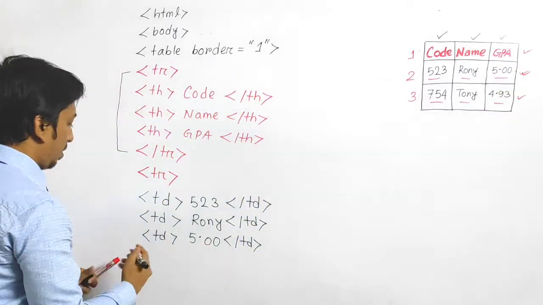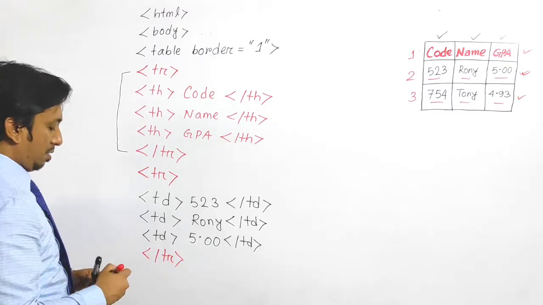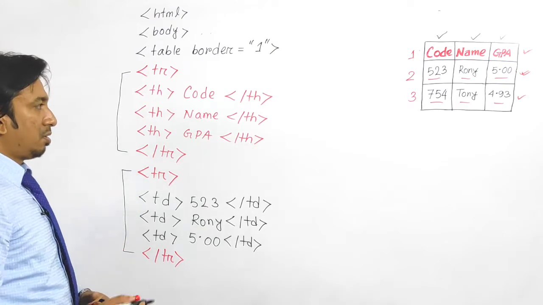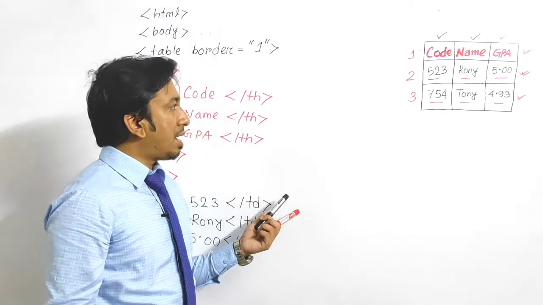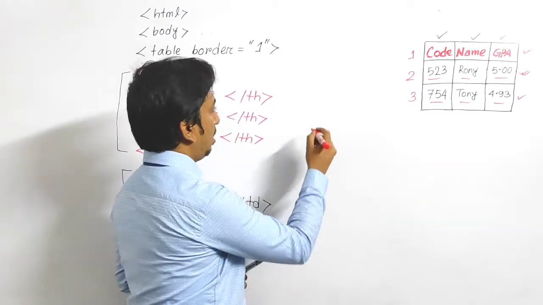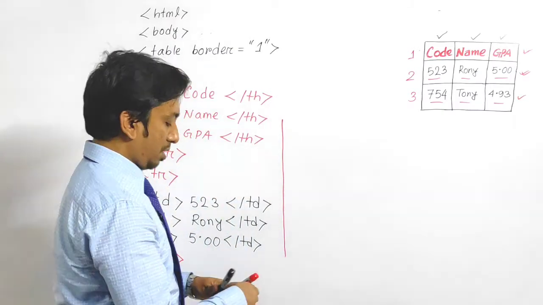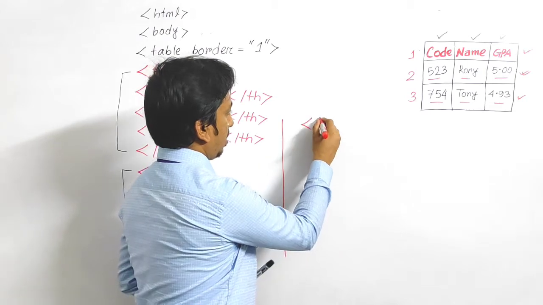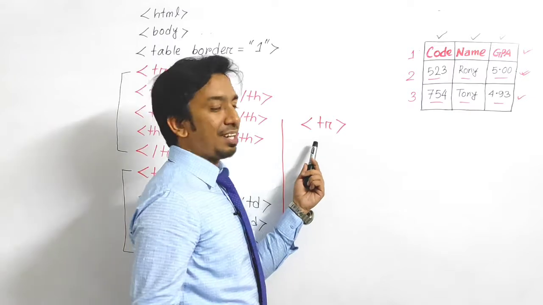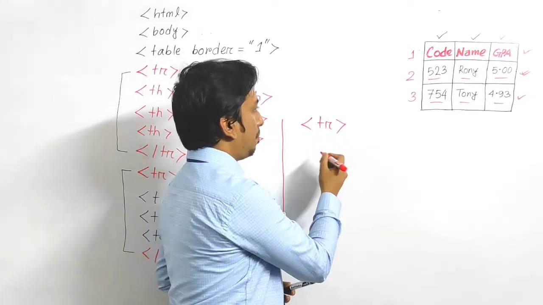So now we have to close the TR tag. Okay, similarly you can see first one and second one, we closed the second row also, and finally we have our last row, the third row. You can see here the third row. Similarly, after this one you can write here TR again for our third row. To start the row you have to use TR. Okay, TR for table row. Okay, fine, very good. TR for table row, and then